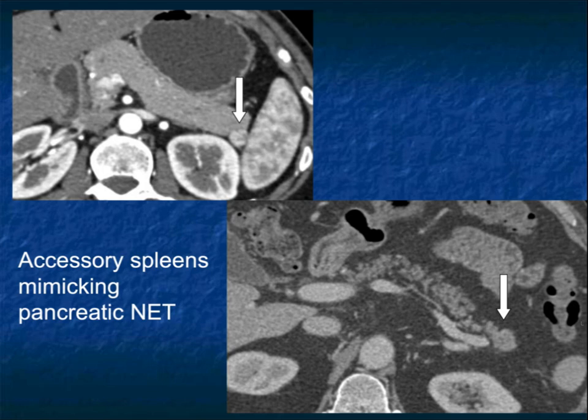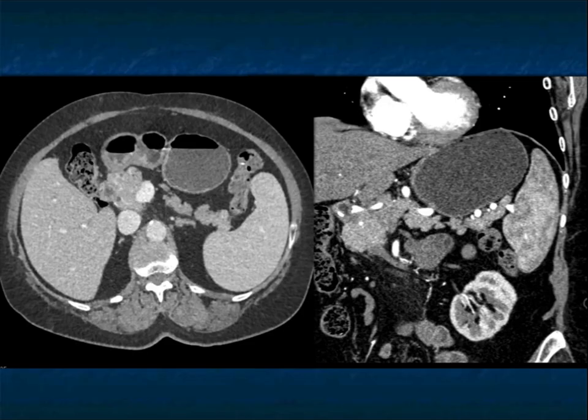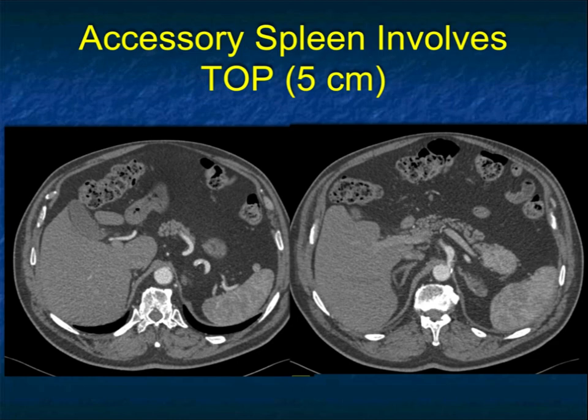Here's another example. Again, you think about a vascular lesion. Could this be a neuroendocrine tumor? But honestly, it looks like it's pushing on the gland. It washes out fairly quickly. It's on that undersurface where it's more likely to be an accessory spleen, so it's typically not going to be a problem. Another example, a small lesion by the tail of the pancreas. You can see some of the vascularity, though it's a subtle lesion, but it looks just like the spleen. It's not the brightness of a neuroendocrine tumor on either the arterial or venous phase imaging,